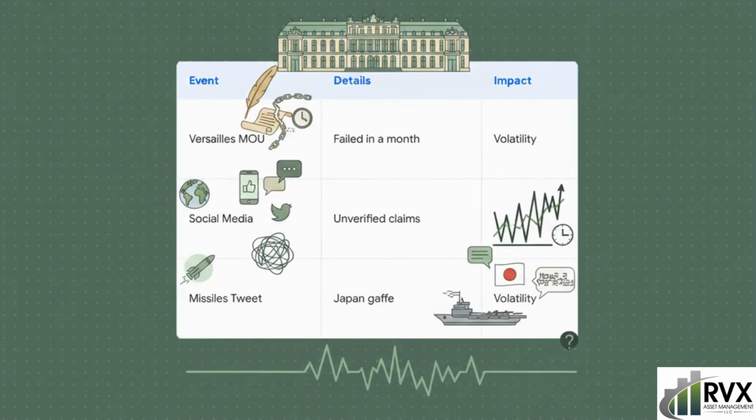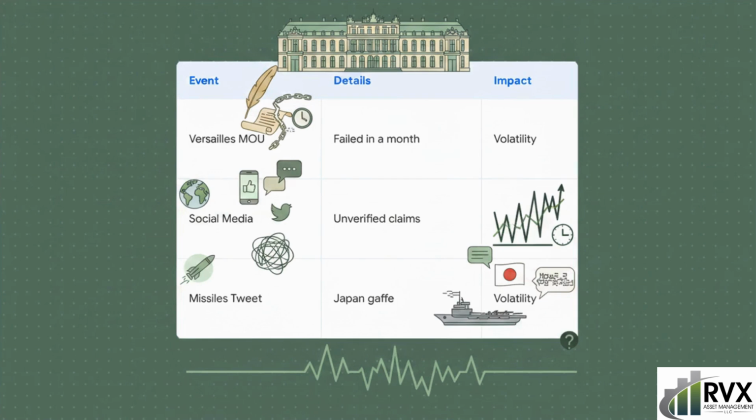Here, Zucaro analyzes the macro impacts coming out of the Middle East, mapping out the specific geopolitical events driving recent market volatility under the Trump administration. First, you've got that highly publicized Memorandum of Understanding signed at the Palace of Versailles. Despite the historic venue and initial market optimism, Zucaro notes this agreement completely collapsed in less than a month, instantly wiping out any